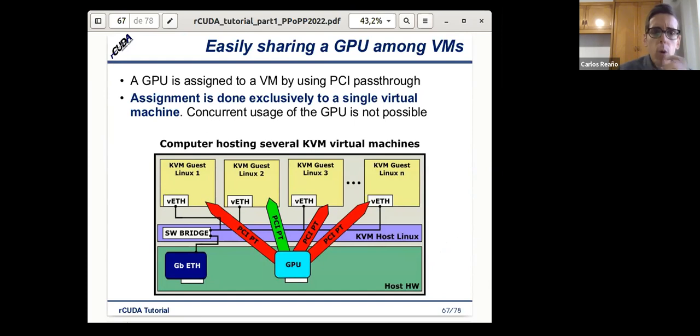If we want to use a GPU in a virtual machine, we usually need to use the PCI pass-through technique, which only allows us to assign the physical GPU exclusively to one virtual machine. It is not possible to concurrently use the GPU by different virtual machines.